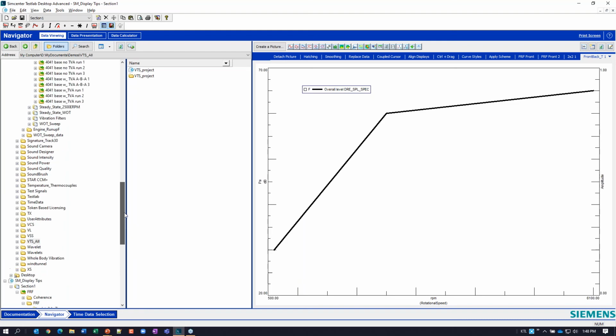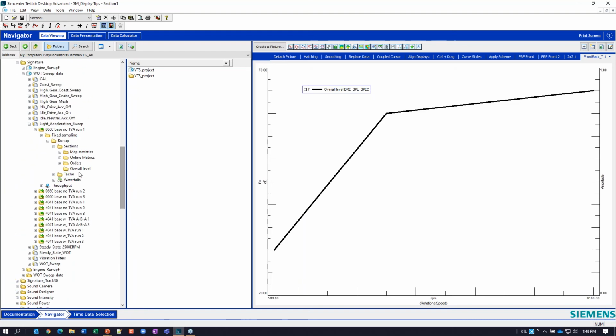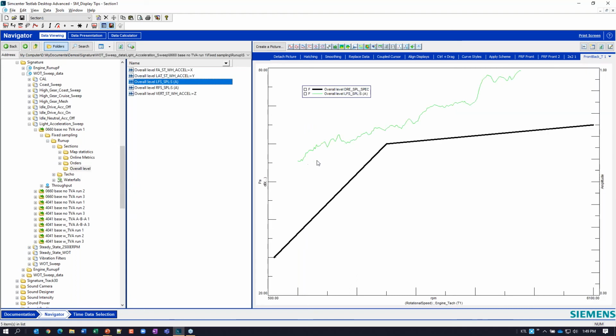Now if I go over to my latest run, I'm plotting overall level. Here's my left front ear, and oh no, I'm over target. Let's see if the right seat did any better. Nope. So immediately after making my measurement, I can plot this versus my target line, because I created a front back display with that overall level target built right into it, and it made it very quick and easy.